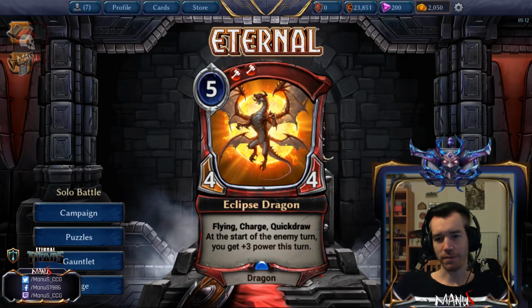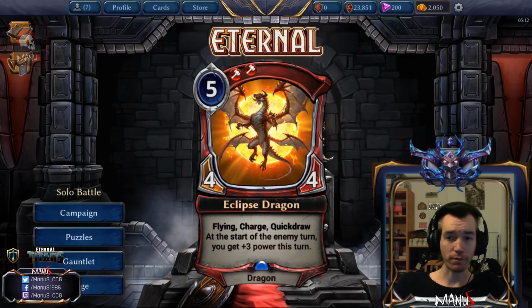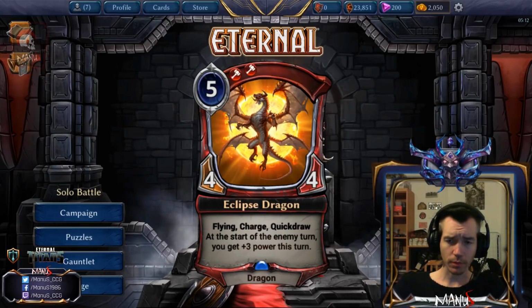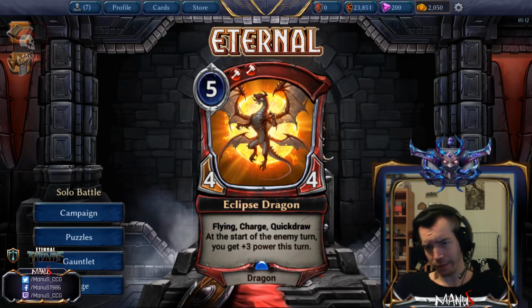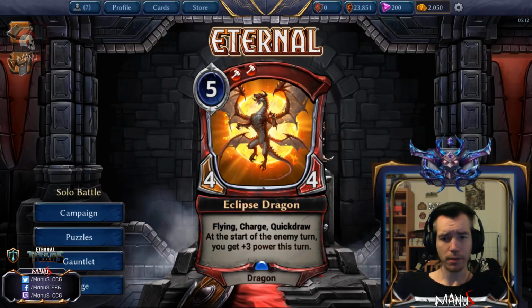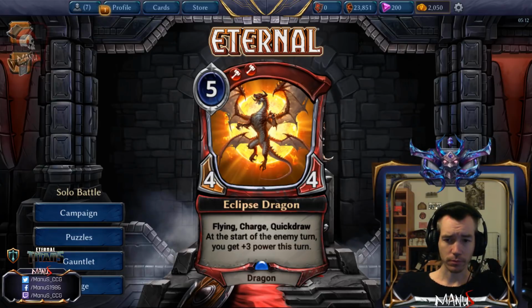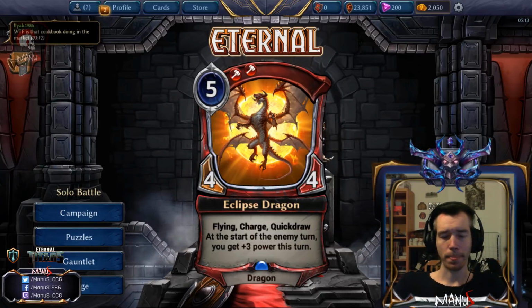First of all, we get a 5-cost flying charge quick draw, so it attacks pretty well into most other flyers, including a Sheltering Rider now that it got changed, even if you can't break the Aegis. It also blocks okay if you have to, and the ability is kind of nice. At the start of the enemy turn, you get +3 power this turn. So yeah, basically you want to pair this with instant type cards like